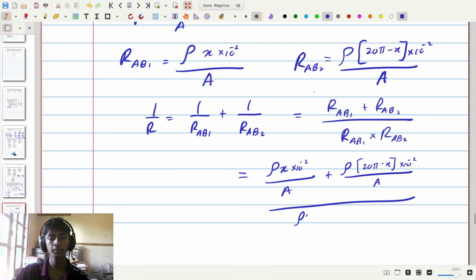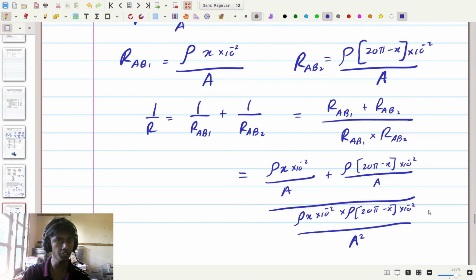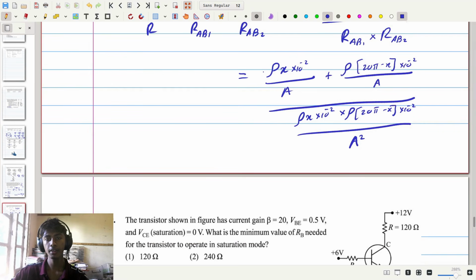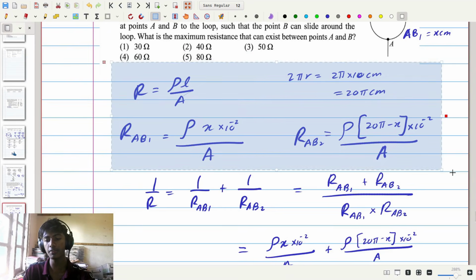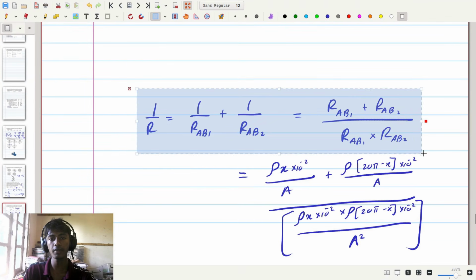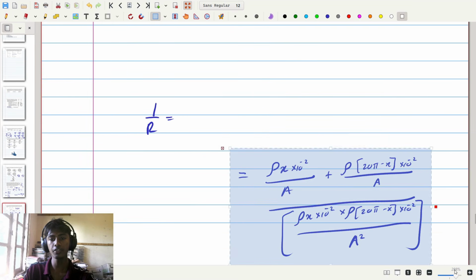So rho times x times 10 to the minus 2 times rho times 20 pi minus x times 10 to the minus 2 divided by a times a, or a squared. Now taking this expression, we can see if we simplify, actually we don't have enough space, let's delete a bunch of this stuff and then simplify. Let's take this upward like this and say 1 over R equals this expression right here,